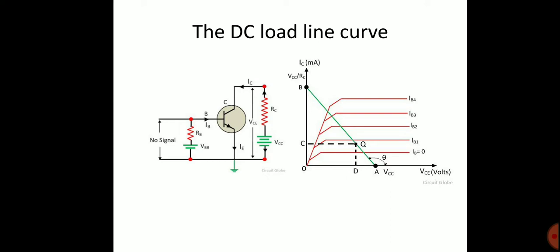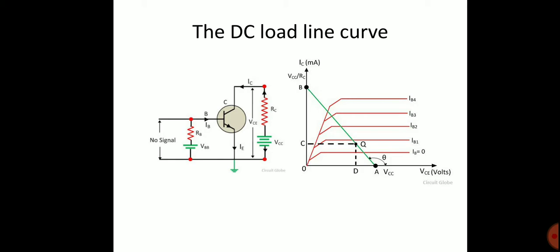There is no signal, so the collector-emitter voltage is raised to increase the collector current. The points VCC divided by RC, A and B, are allocated as the DC load line points. The DC load line curve is used to judge whether the output current IC is in stable or unstable conditions. We use the DC load line curve to find different parameters, that is the current amplification, the stability factor, the threshold conditions, and the input and output biasing supplies.